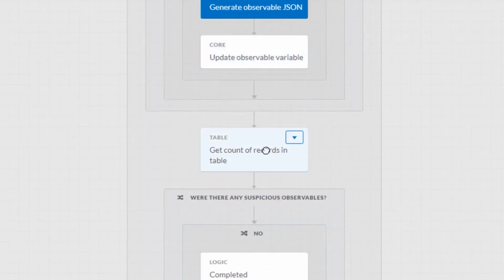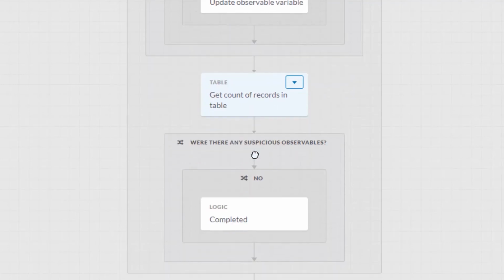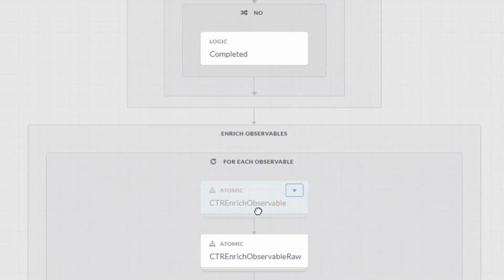At the end of this, once we're done all the for eaches, we're going to get the count of all the records in the table. And if any of them were suspicious, we're going to continue. But if not, then we're going to exit and be done. So now we've got some observables that were suspicious. And for each one of those,